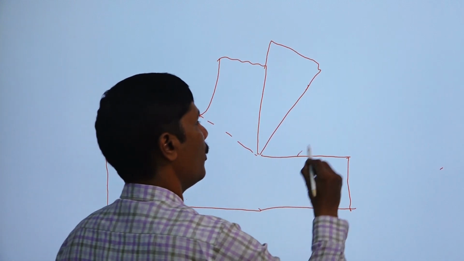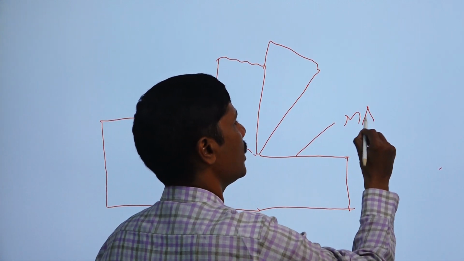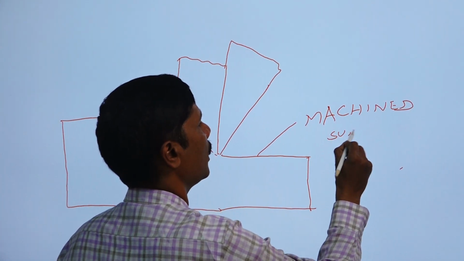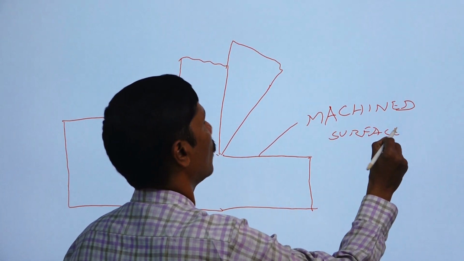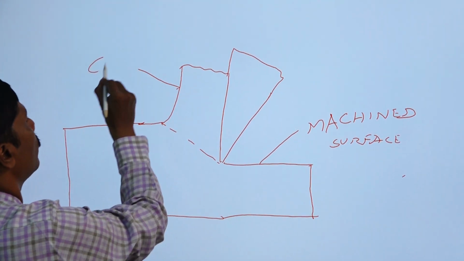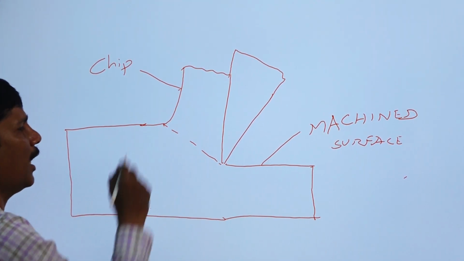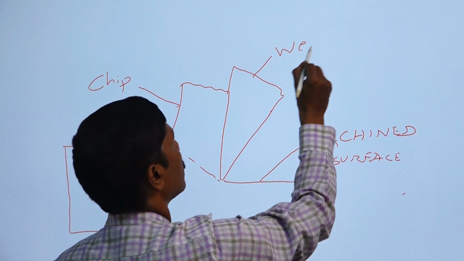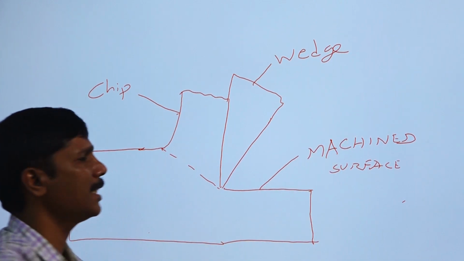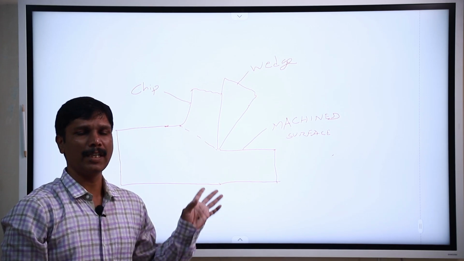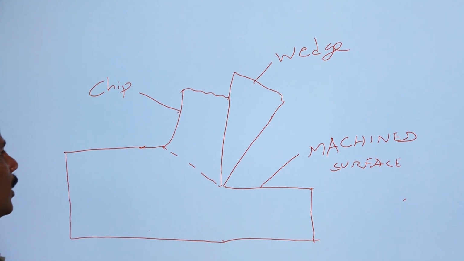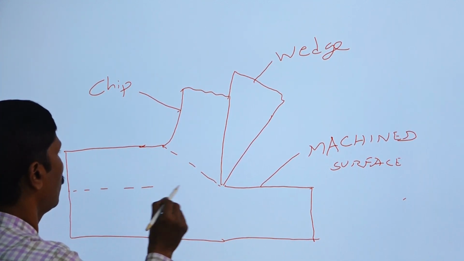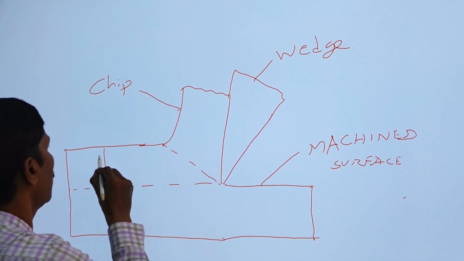This is the machined surface. After machining, this surface is produced. This one is the chip, which is removed from the workpiece, and the wedge tool is here. So this is the basic diagram. By using the wedge principle, metal is removed, and this region is called